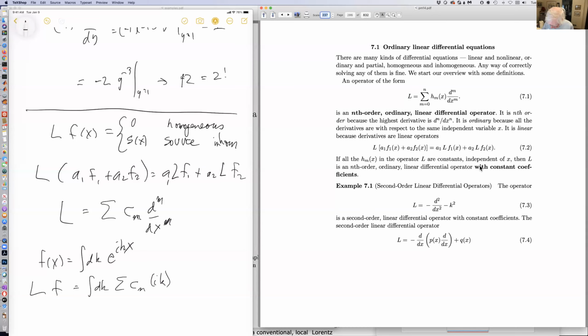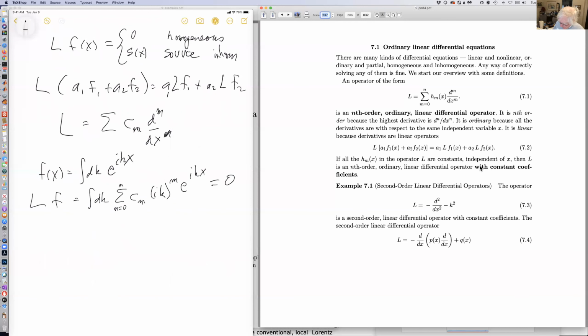Let's do m up to n, and this is an m. And e to the I kx. And so you see, if we want this to be 0, then the function f of x